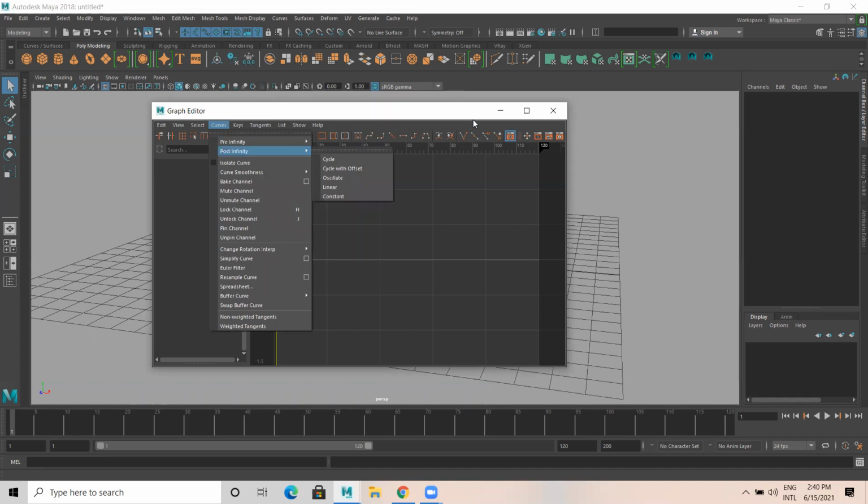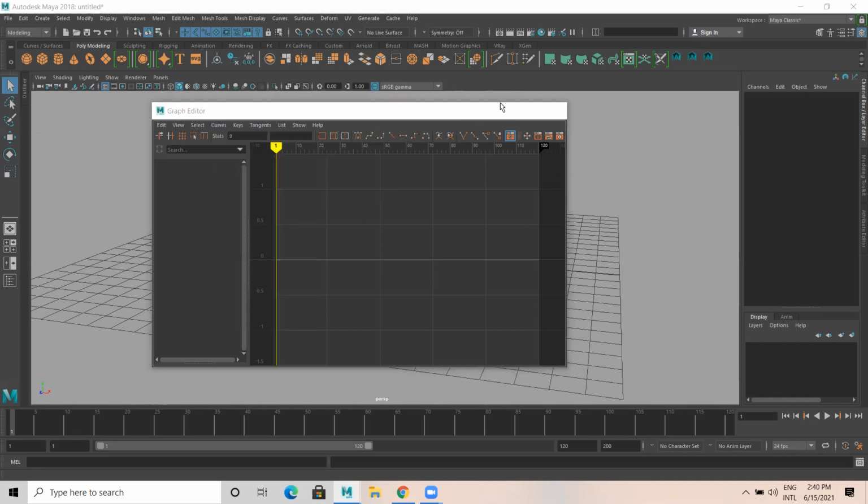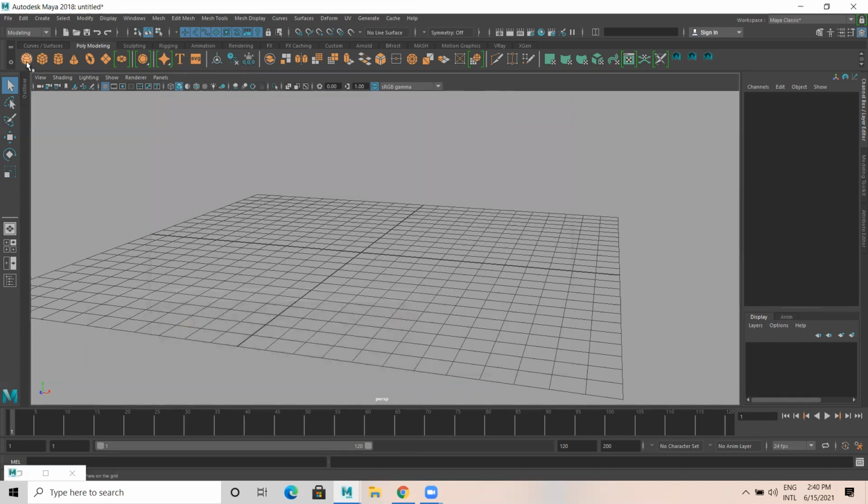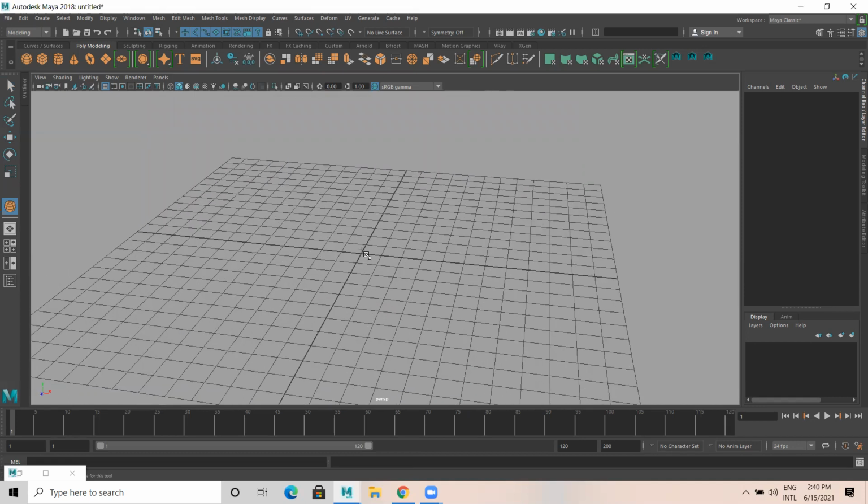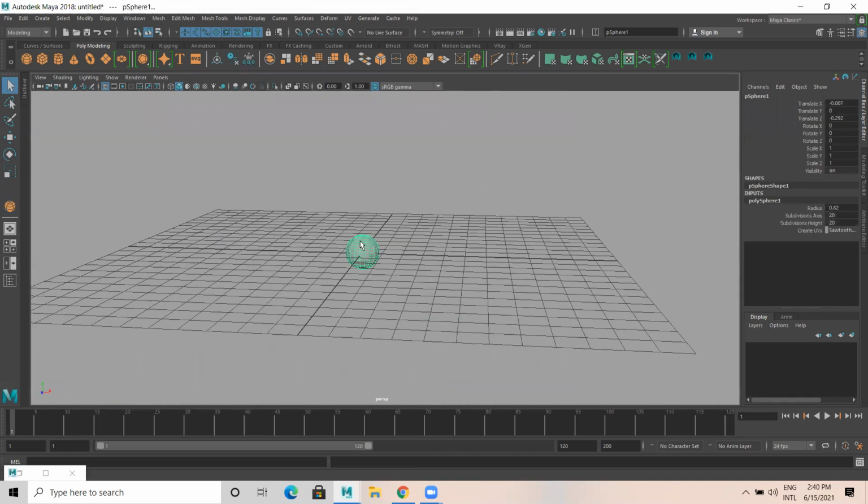I'll show you with a simple example now first. Let's say I have taken a sphere. The sphere is here. So what I do is, at frame number 1, set key.